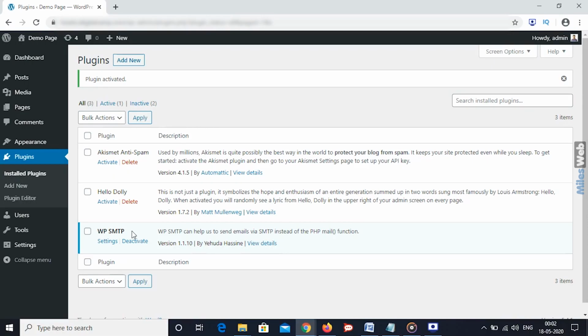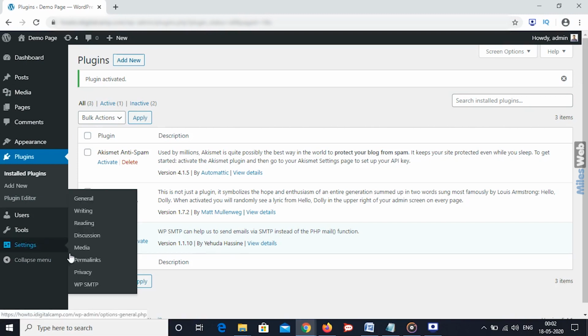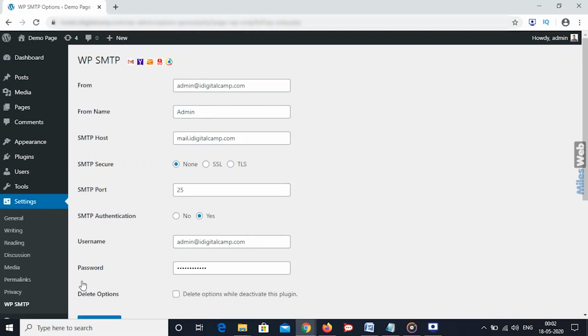To start with, on the left side navigation menu, click on Settings and select WP SMTP. On the right side, you will get the SMTP settings. In these settings, fill in the information with actual details.